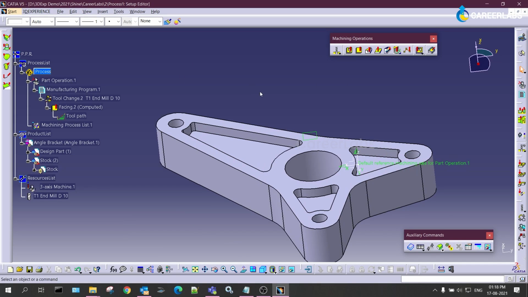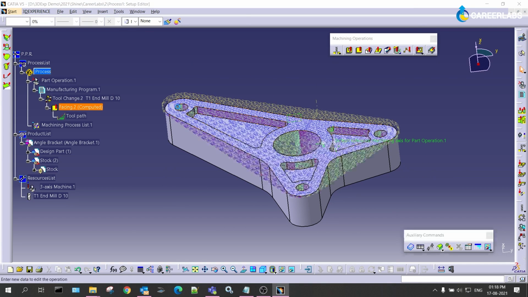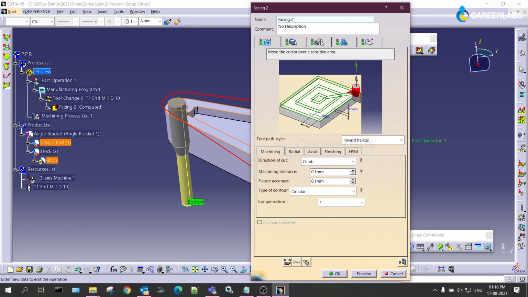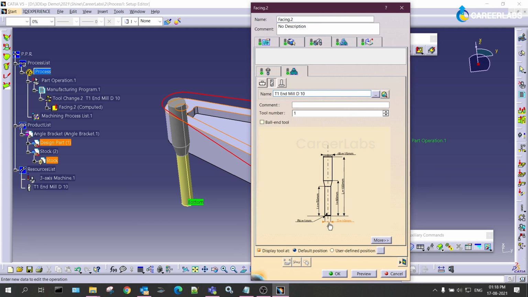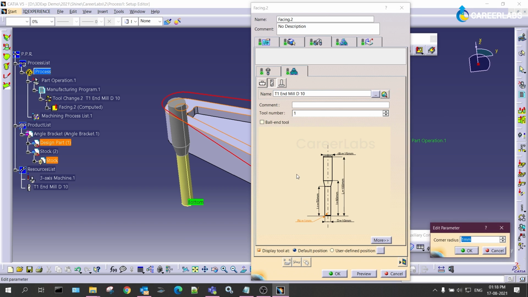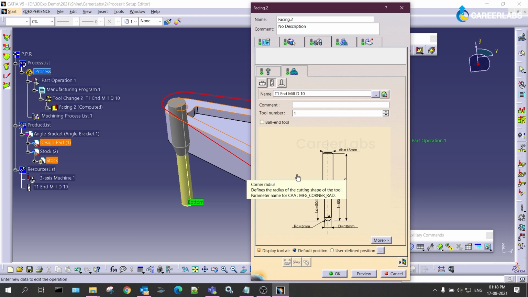Let me show you how the tool path behaves with respect to the selection of the tool. Suppose here you have taken a flat end tool, but let me take it as 5 mm ball diameter.